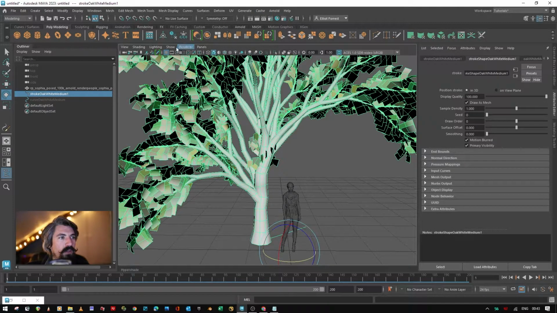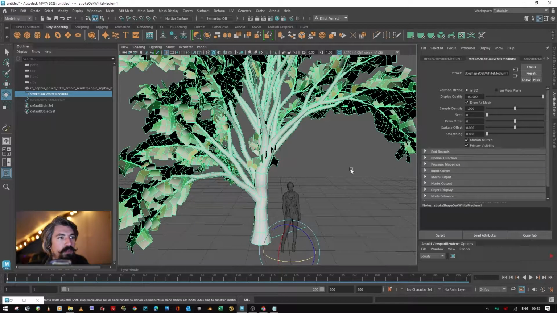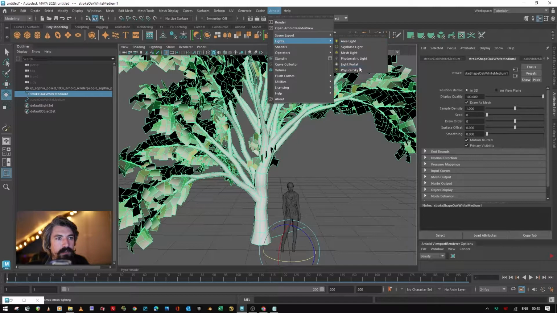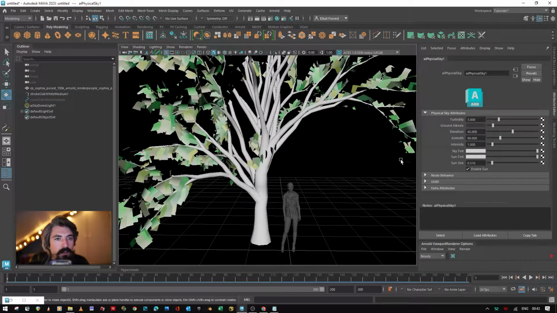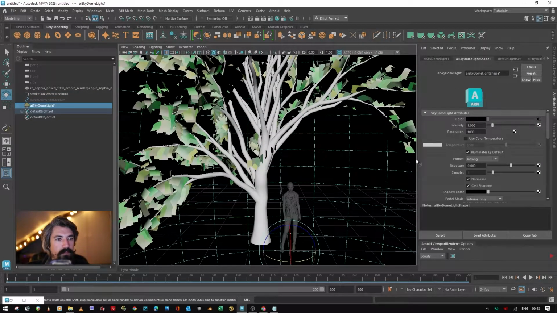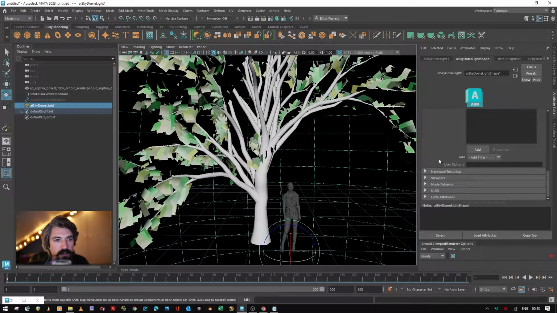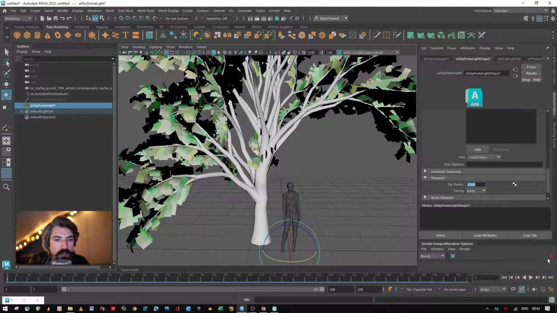So if I change my viewport to the Arnold renderer, and then let's put in a little physical sky, and just to get rid of the sky in our background, I'm going to scroll down in the attributes, go to viewport, turn the sky radius down to 0, and then if I hit the play button,